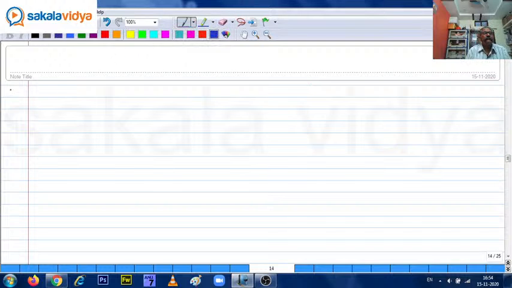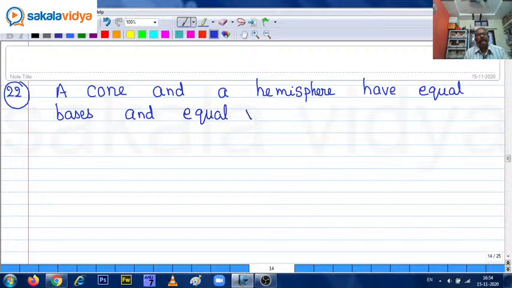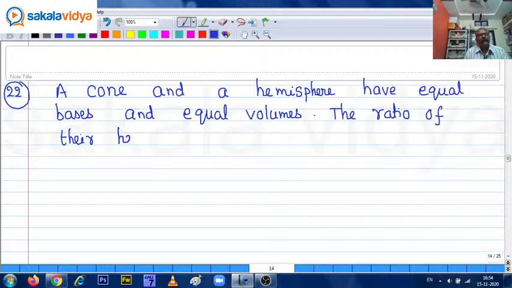Okay, 22. A cone and a hemisphere have equal bases and equal volumes. The ratio of their heights is